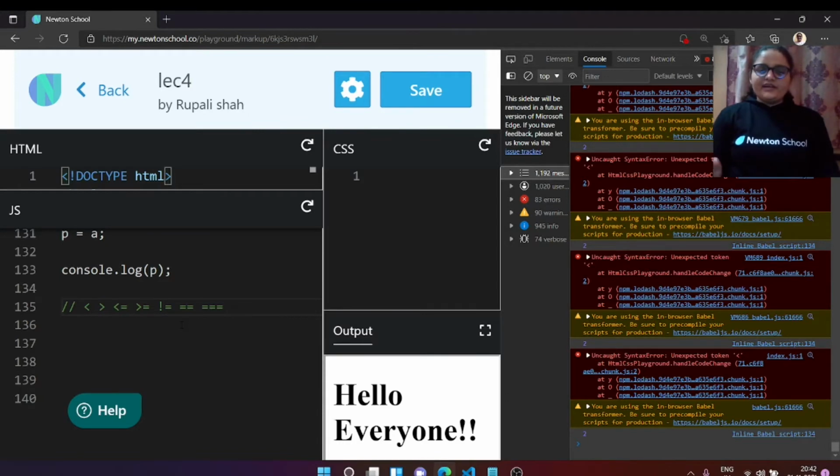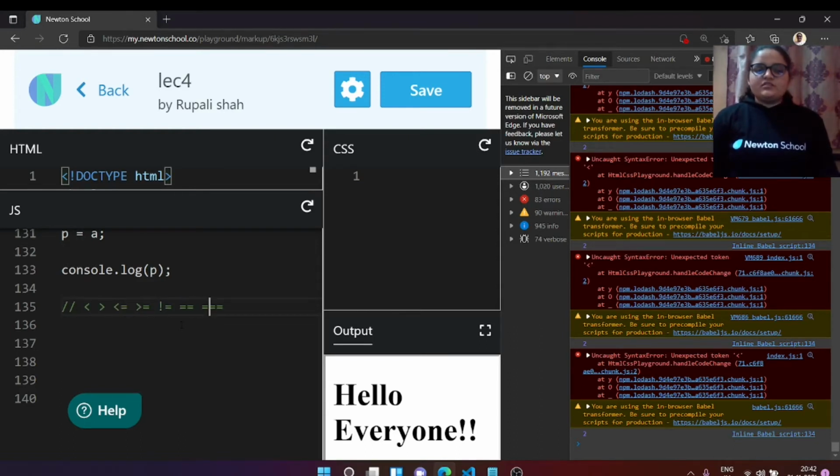Now there is a bit of difference between JavaScript and other languages. In other languages, if you want to compare two variables, to check whether they are equal or not, you just use double equals. But in JavaScript, we have both, double equals and triple equals. Let's see these two differences first, and then we will move to examples.